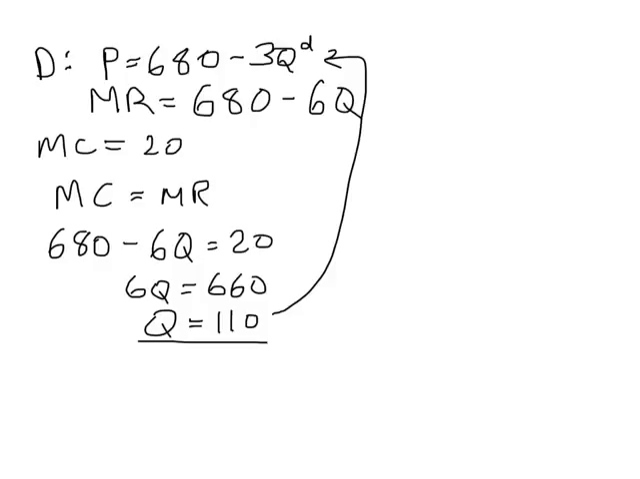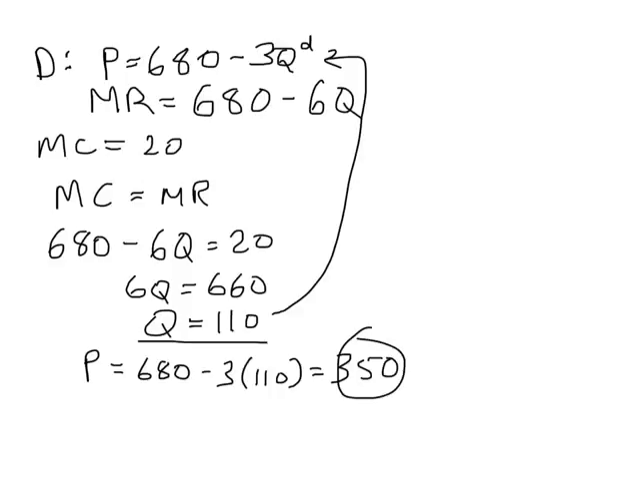All right, so the price is 680 minus 3 times 110, which is 330. 680 minus 330 is 350. That's our price. I've got it graphed on the next slide, but for now, just notice that the profit maximizing quantity is 110, the profit maximizing price is 350, and under the price ceiling